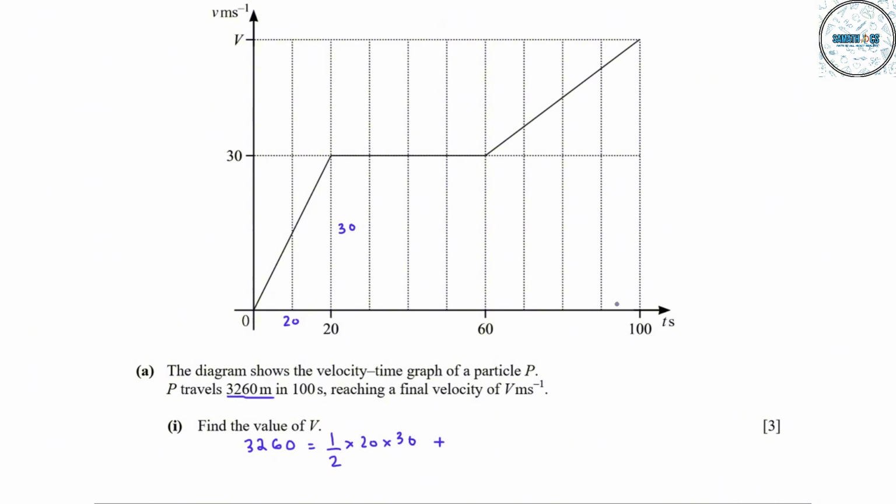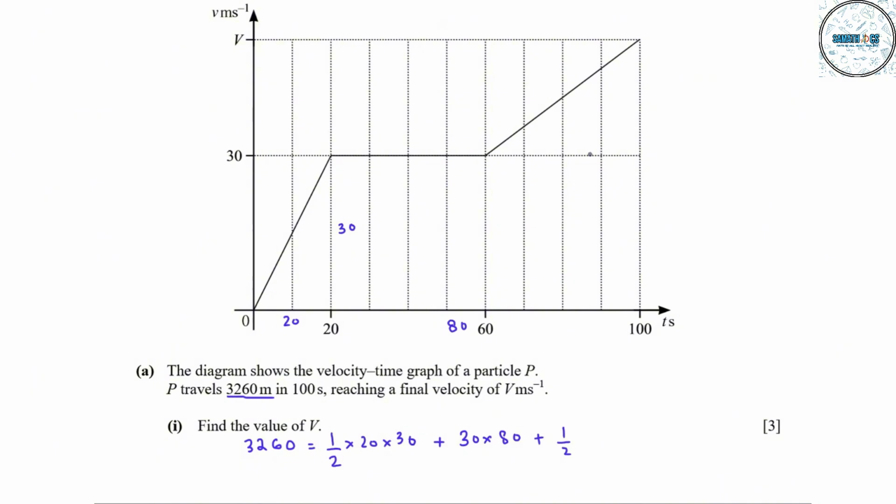And this is 80 and this is 30. So we have 30 multiplied by 80